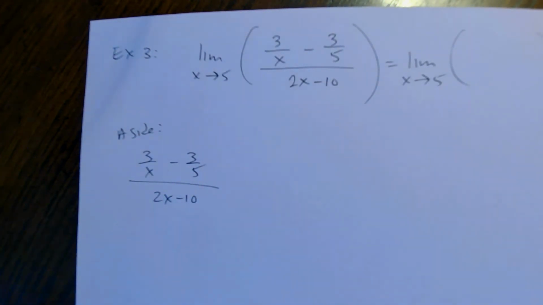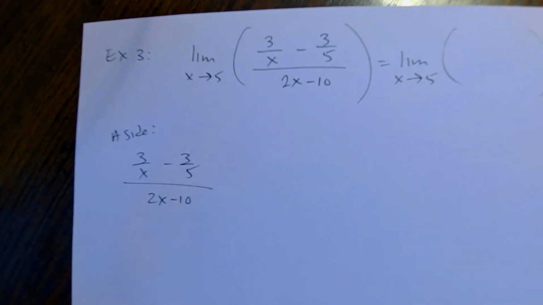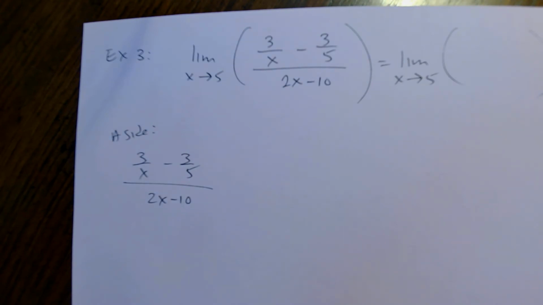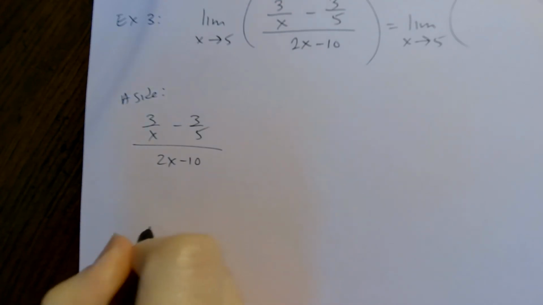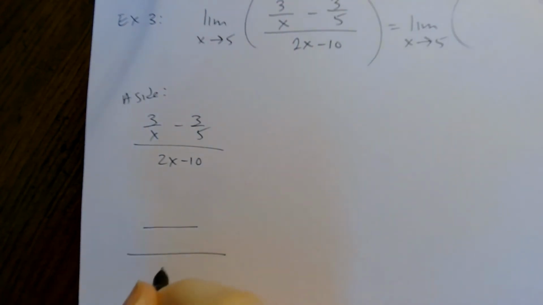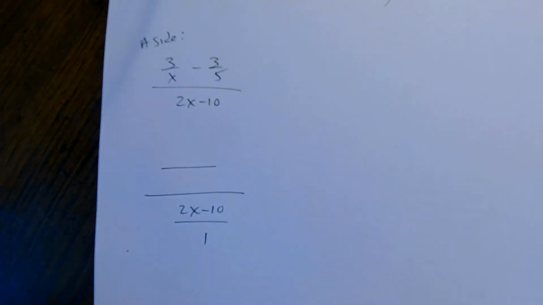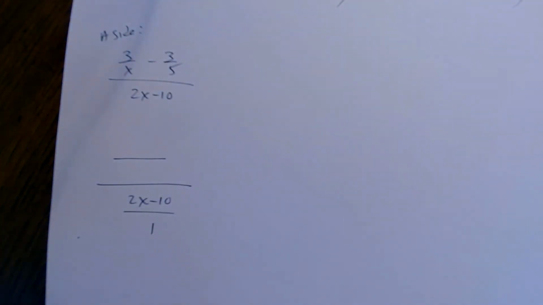So what we would do last year is this. We would want to get a single fraction over a single fraction, then we could do keep, change, flip. So that's what we want to do. So up here, guys, what is the common denominator? I want a single fraction over a single fraction. So I put the 2x minus 10 over 1. We want the 2x minus 10 to cancel. And when you do keep, change, flip,